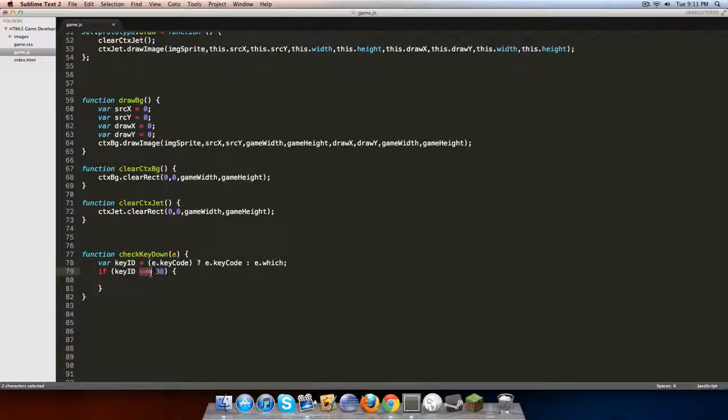Now, the triple equals means that it's exactly equal to. I'm not going to go into why or what reasons there are, but basically you can't do one equal sign. I shouldn't be telling you guys this, but you can do two equal signs. It just means something similar, but it'll still work. And three equal signs is the best, safest way, so that's what I use. You can research that if you really want to know why. But keyID equals